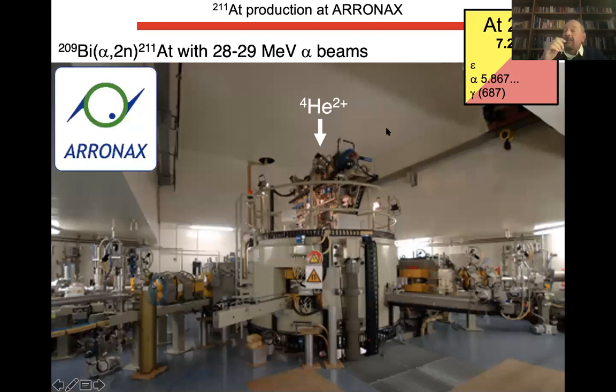The problem, as I said, is the production. One of the few places where you can produce these radioactive isotopes is Arronax in France, where you use helium-ion bombardment of bismuth-209 at an energy of about 28-29 MeV alpha beams to produce astatine-211. The astatine-211 is the one that you have seen used in the prostate